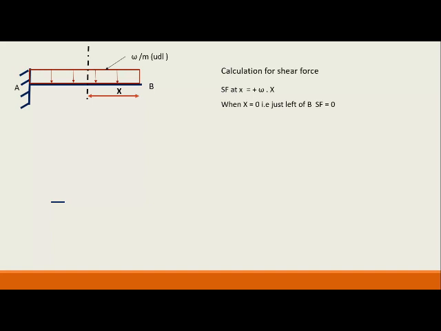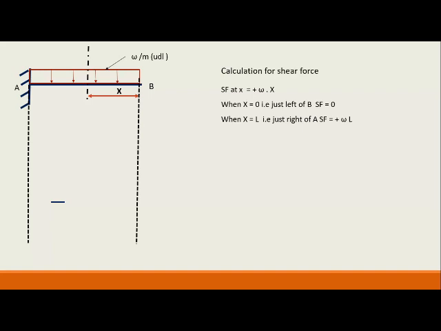So if it is a rectangular load, we have to calculate the area of this rectangle up to x itself, because we are considering the shear force up to x itself. So it will be length into breadth, that is x into omega. In other way we can say also that omega is acting per meter, so for x meter it will be omega into x. Now it is acting towards the downward direction in the right of the section considered, so it will be positive. Now when x is equal to 0, SF is equal to 0, and when x equals L, the SF will be equal to plus omega L.